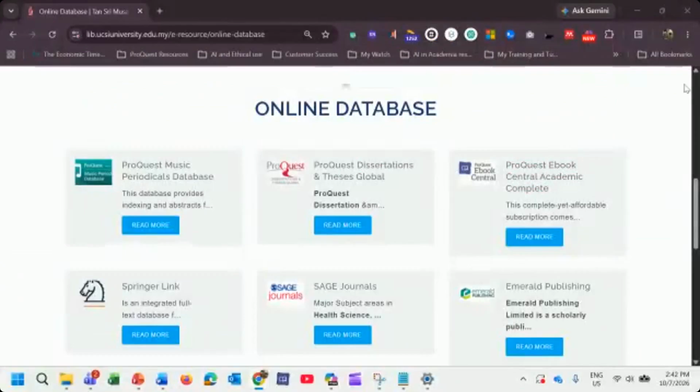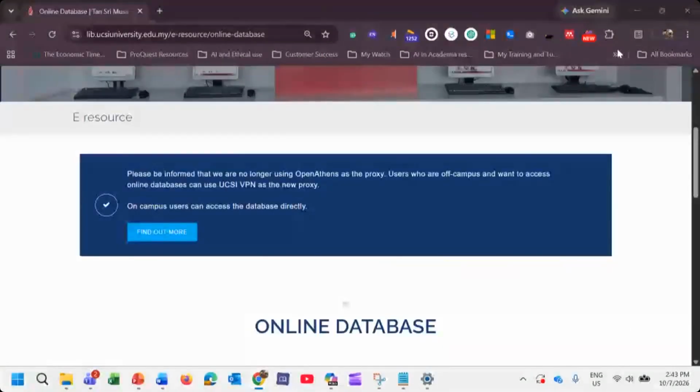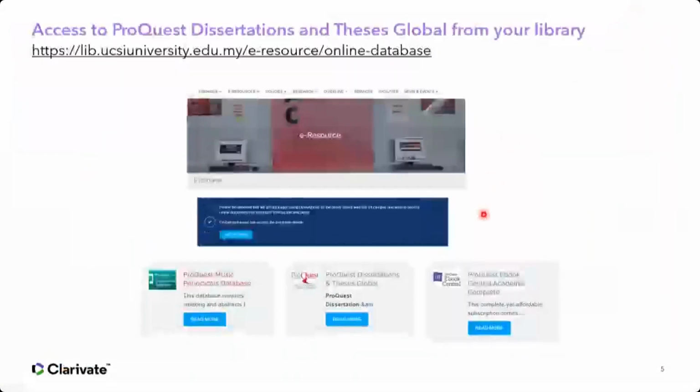So make sure that you have your authentication, your login ID and the password. If you don't have it, you ensure that you talk to your library so you get your access to these library resources, because a lot of resources are here. So apart from ProQuest, you also have access to other resources. Okay, so make sure that you do that. It's very important for your academic research.